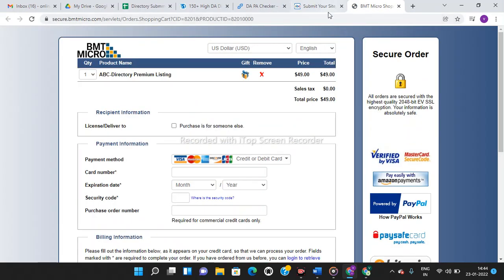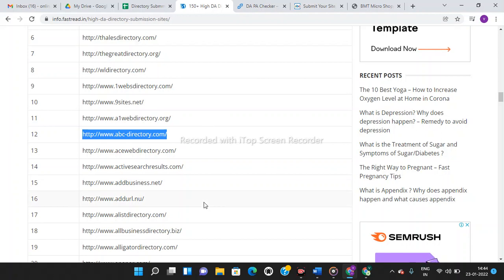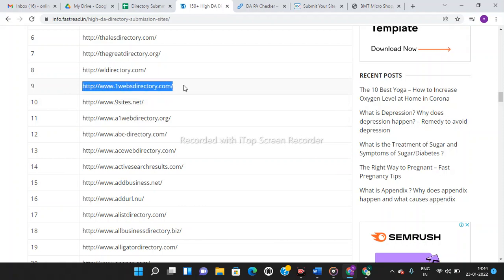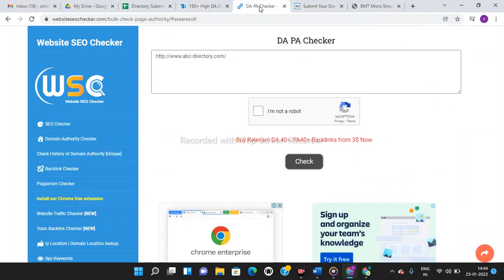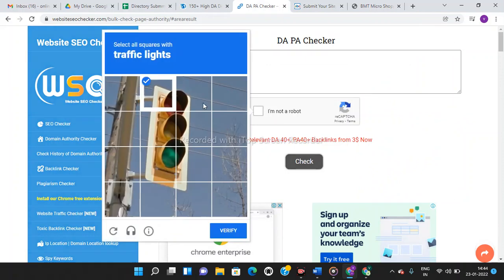So this is premium, where we are not looking for premium or paid, we are looking for free sites. So this is a paid site. So what we're gonna do is we will go with another site. So just select this one, for example, copy. Again check DA PA, as I have already told you how to do it, and check the traffic lights and all,